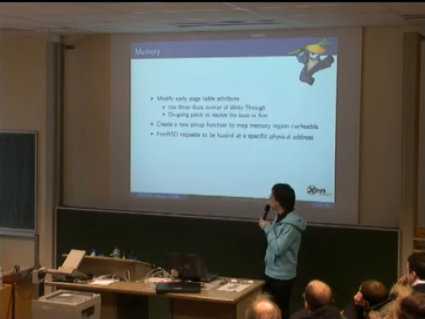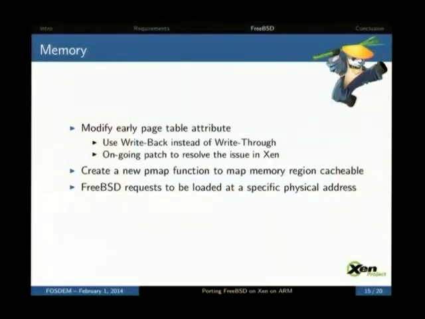For the memory, FreeBSD always uses write back, except on the early page table. So when FreeBSD boots, it uses an early page table with a write-through memory attribute. In this case, with the current Xen versions, it will likely fail. We are working on a patch to fix this issue. So for now, I've chosen to use write-back when I start FreeBSD, but I think in Xen 4.4, the next release, we will be able to use write-through to start the guest.